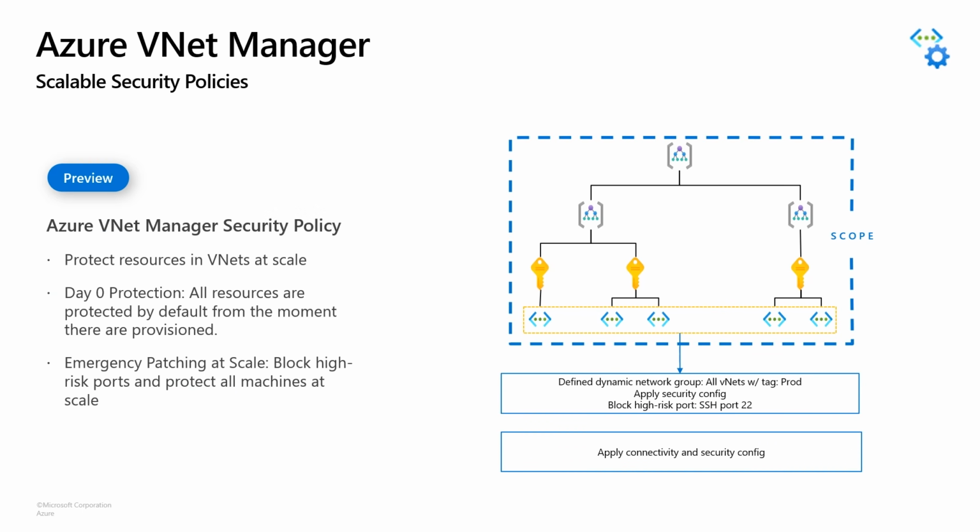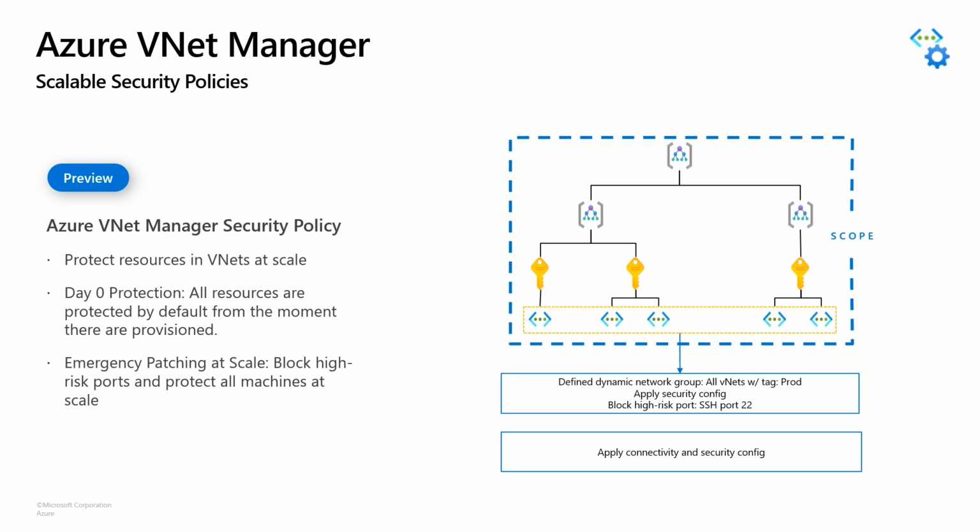Like we said, segmentation is a key aspect of a zero trust architecture. So you should look at having your workloads grouped into smaller islands and having security control for each of those islands. Now, as you grow, the footprint grows. There'll be a number of such islands, and maintaining a uniform security posture across all of this could become quite challenging. The Azure VNet Manager is created to help with just that.